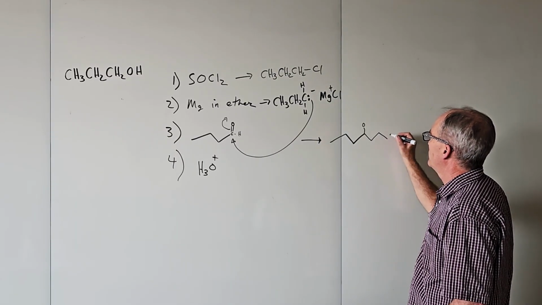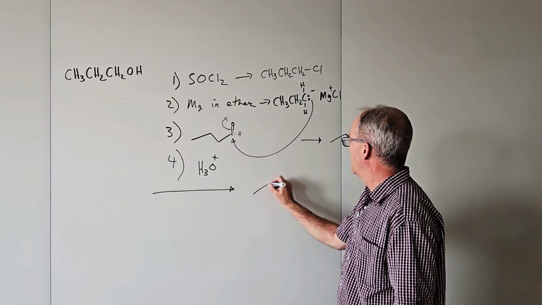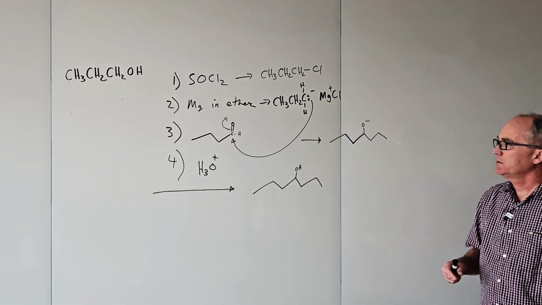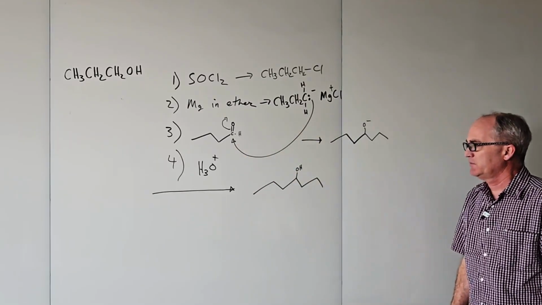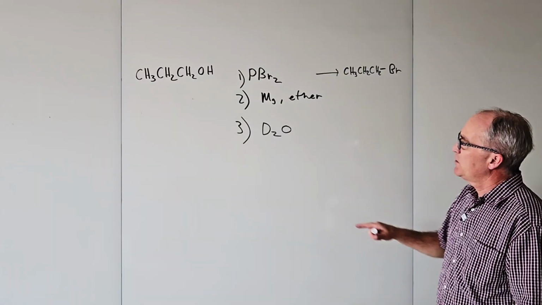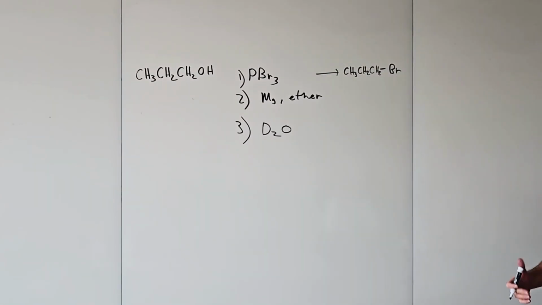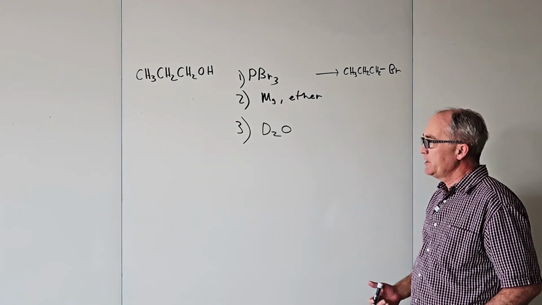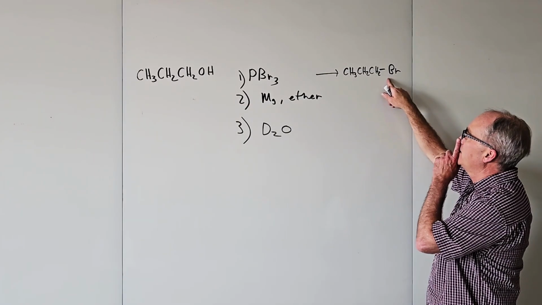And then we get this thing is protonated. So we learned that Grignards react with aldehydes to form secondary alcohol. What's the product? So phosphorus tribromide,